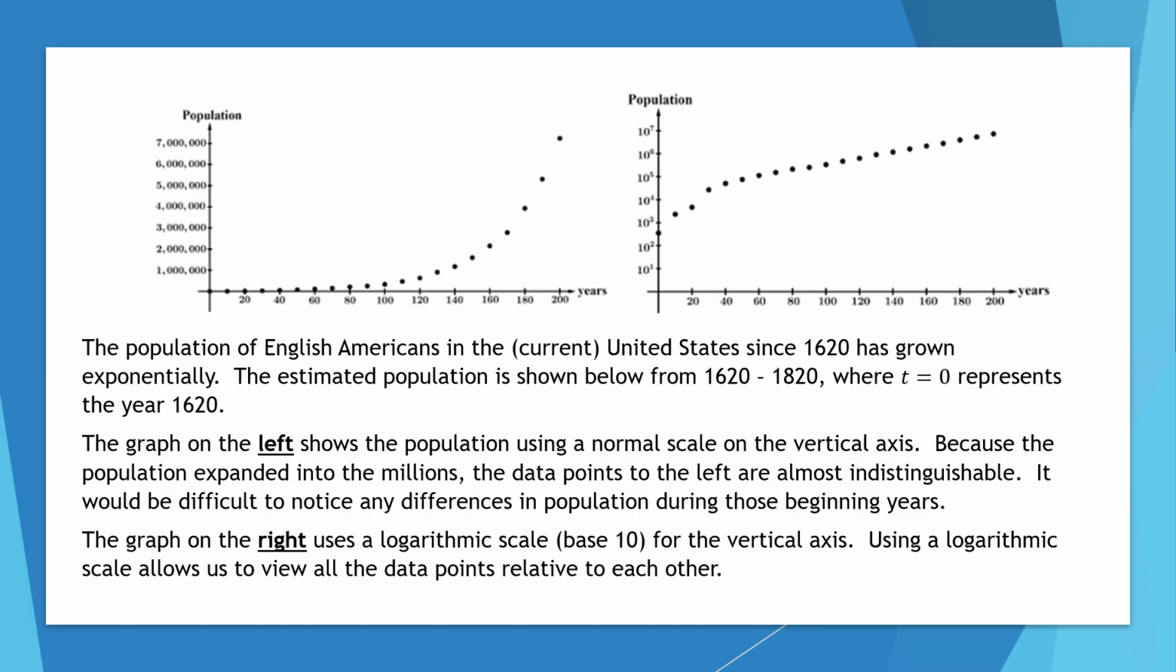So what we're going to look at right now is a situation in which a semi-log plot is really useful. Let's take a look at the graph on the left. This is modeling the population of English Americans in the US since 1620, where that's essentially going to act as our time zero. And we're looking at it from 1620 all the way to 1820, which is 200 years later. The graph on the left shows the population using a normal scale for our x and our y-axis. So our x-axis, every tick mark is jumping up by 20 years, and for our population, for our y-axis, every tick mark is jumping up by 1 million